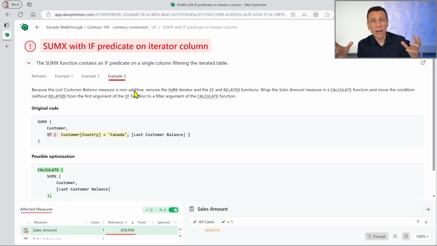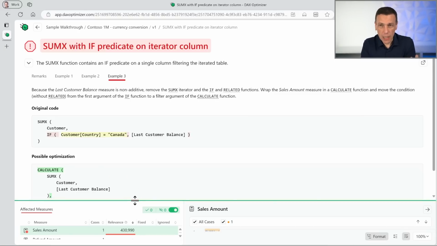Now, these examples are described using relatively simple code that you have to adapt to your use case. And you might have to make assumptions about the ability to change the code in order to obtain the same result. Depending on what you will see in the description, this is possible, or not possible. Maybe you have to make some assumption that the engine could not make. So the engine of DAX Optimizer doesn't automatically change the code. That would be potentially dangerous,